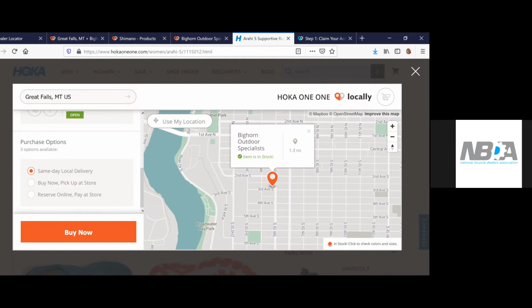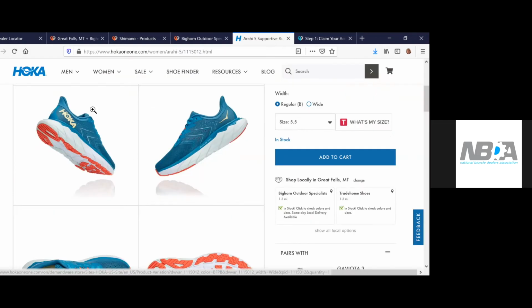So pretty quick crash course for everybody on Locally, why you should participate, the benefits of participating, how your store gets ranked in searches, how your store ranks in front of shoppers on brand sites, how you're able to use those tools. And I'm going to turn it over for some Q&A and go from there.